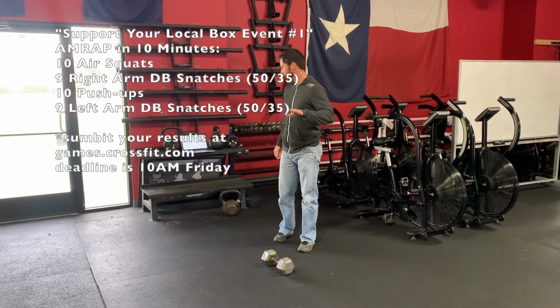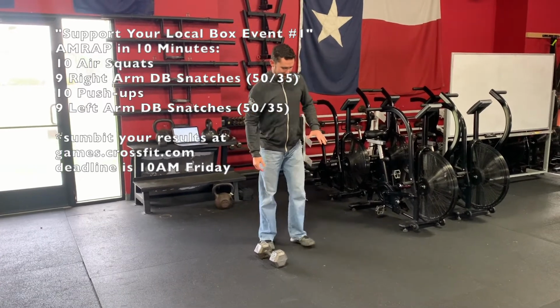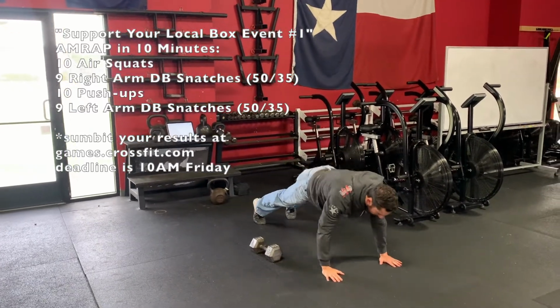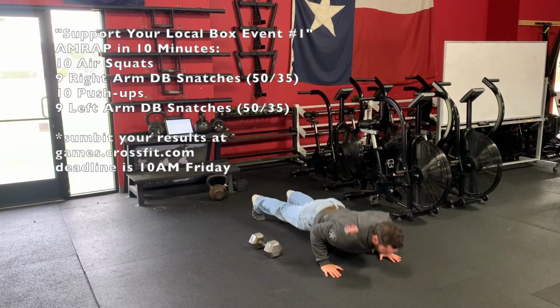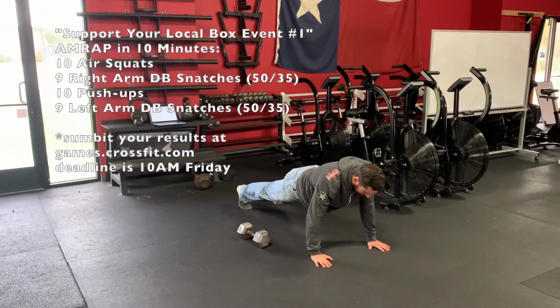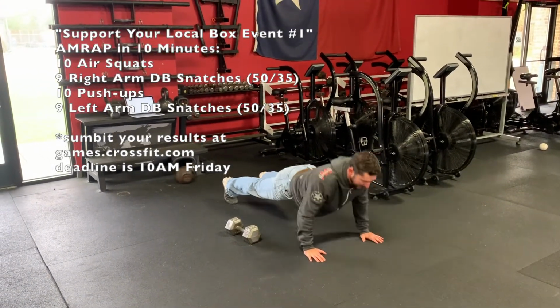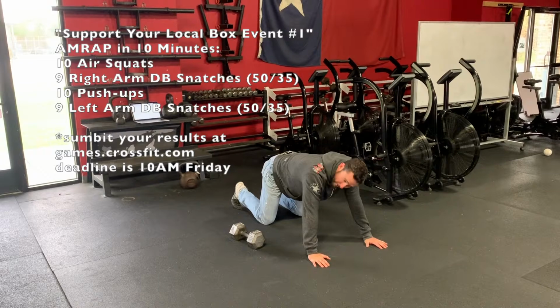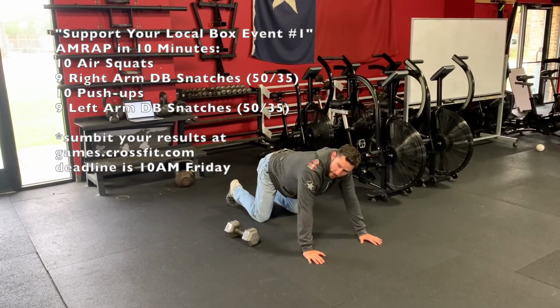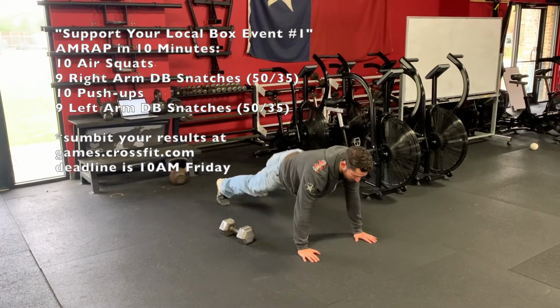So 10 air squats, 9 snatches on your right arm, and then 10 push-ups. So all the way down, touch that chest. If you're going for the RX version of the workout, we gotta make sure those knees and hips are up off the ground. Just that chest touching. If you're not sure if you're doing this correctly, a good way to find out is to watch somebody's feet. So if you see them start to rock,